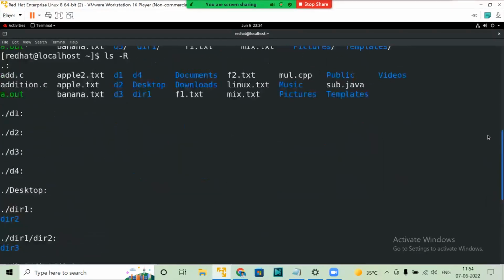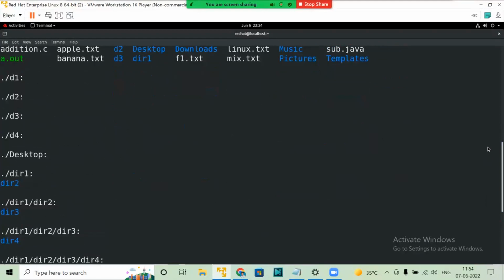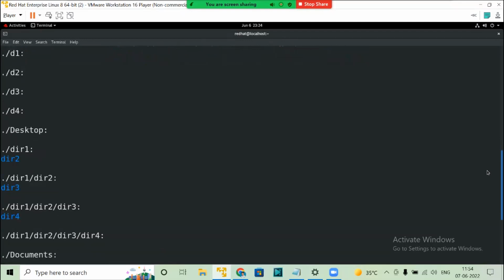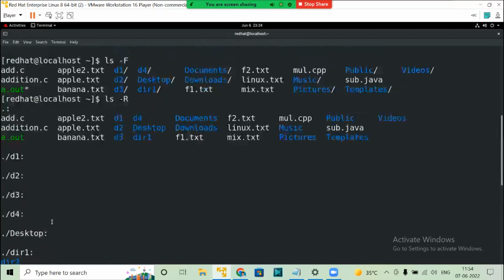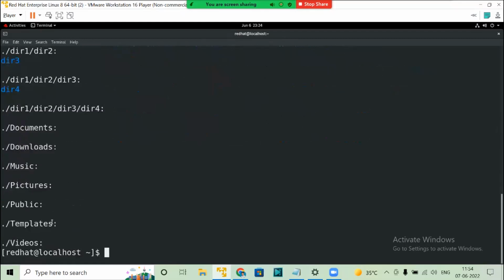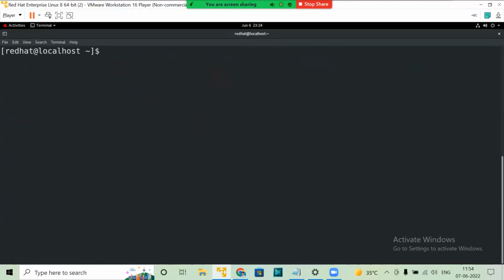It lists out the files in a recursive structure manner. See, the total files have been displayed. Afterwards, in the recursive structure, under dir1 I have dir2, under that I have dir3, and under that I have dir4. So the recursive structure is like a tree command. Okay. Next we have ls hyphen